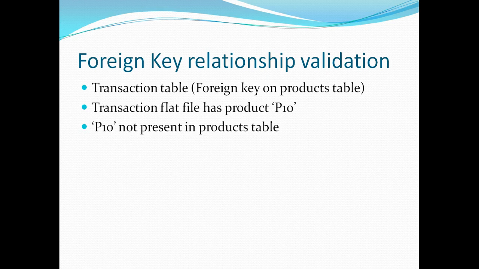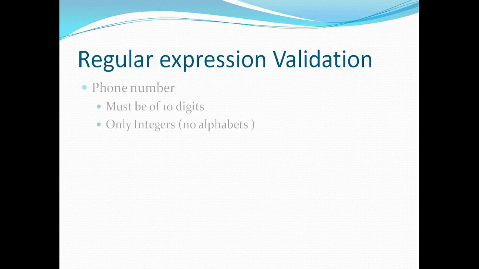Another important validation that I want to talk about is regular expression validation. As I mentioned, I have an email column, a phone number column, or an SSN column. There are predefined values that these columns can take. For example, a phone number must be 10 digits and should contain only integers and no alphabets. So I will configure a regular expression to validate this scenario in my ETL job. If I receive alphabets for this column as part of my flat file, I will reject that record and report it back to my source system that the phone number for this employee or customer was incorrect. Please go ahead and correct it.